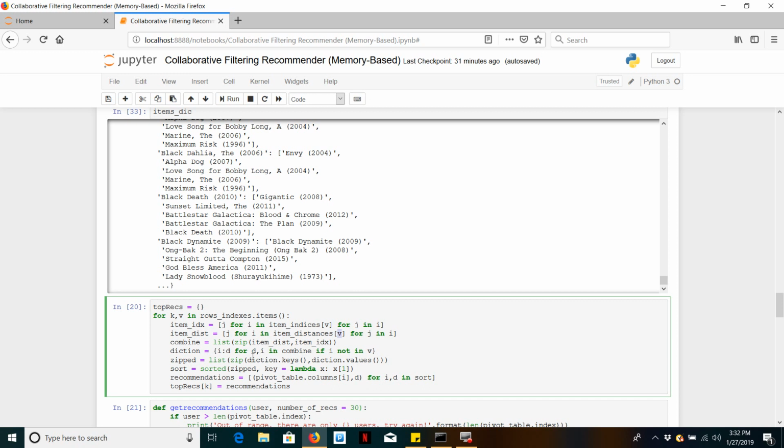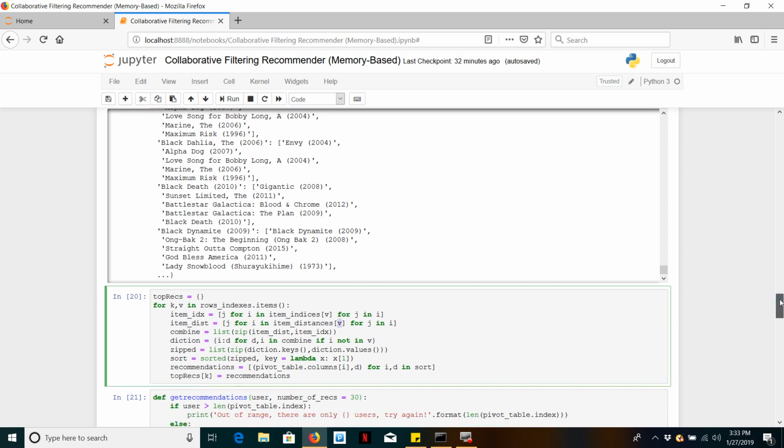So right here I did for distance and index and combine. If the index is not in V, because I don't want the indexes that are in V, it's going to recommend me movies that the users have already seen. So I don't want those. So I filter those. Created a dictionary, got the keys and got the values. I zipped them together and I sorted them. So the distances or the similarity scores will be in numerical order, from the most similar to the least similar, based off the movies that they have already rated